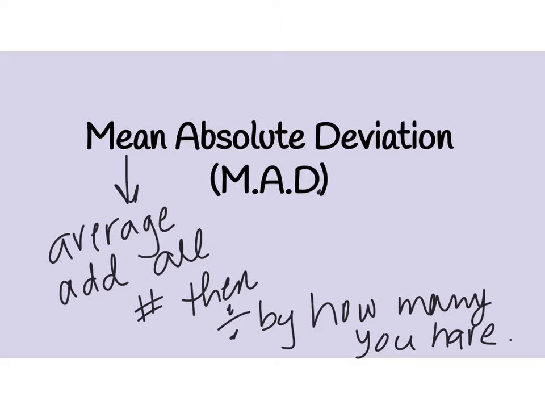All right, now the rest of this, absolute deviation. Okay, so what deviation means is it's like a variable. How much does it vary from the norm? Okay, an absolute deviation, we're talking about those positive distances. So this part of it means how much does it differ from the mean,